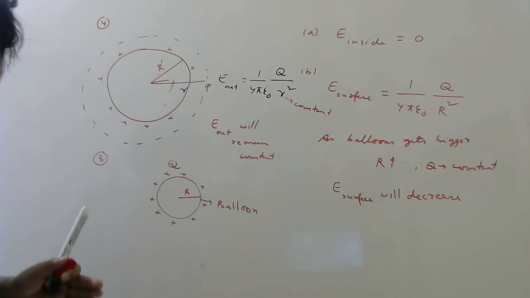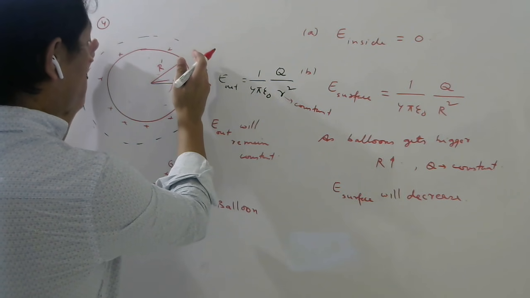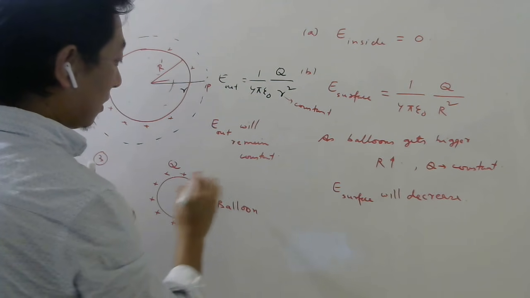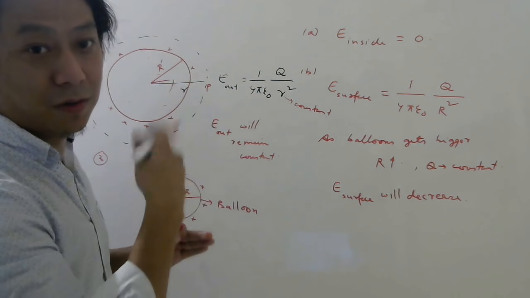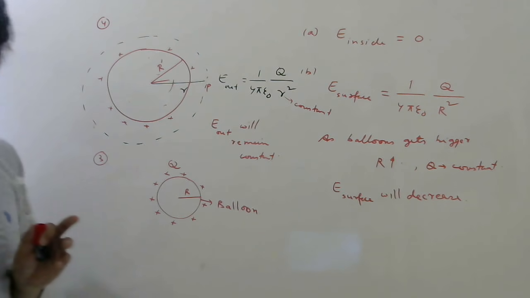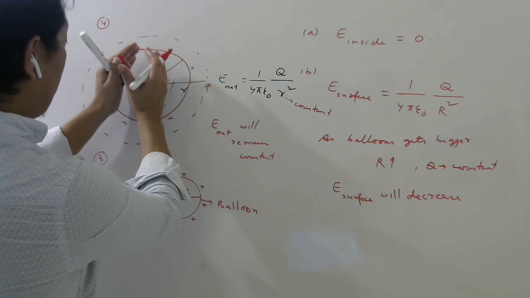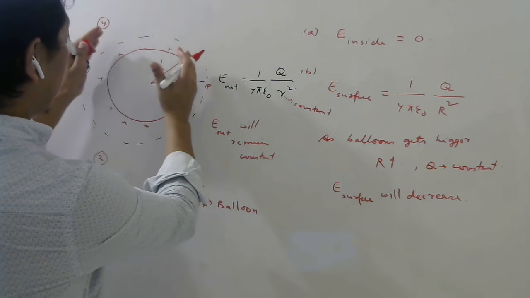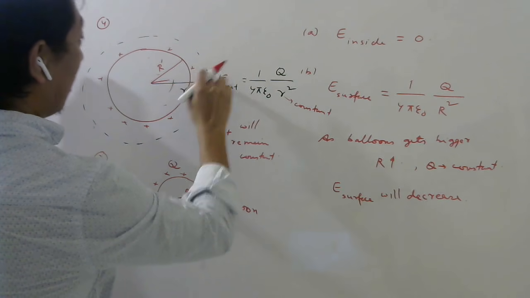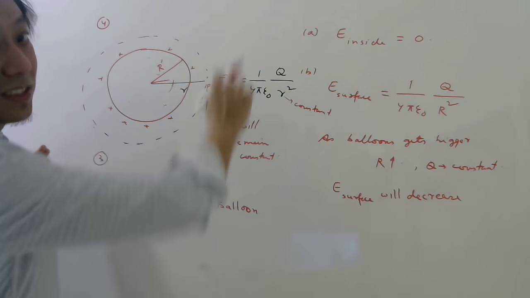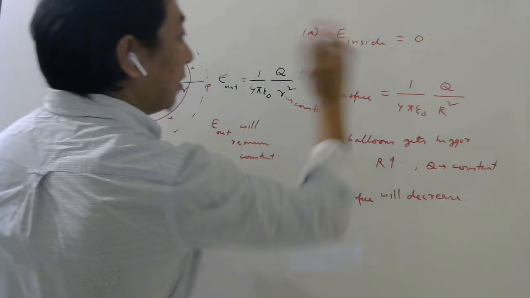Okay, for how long? Till the balloon reaches here. Once the balloon becomes this much, that point will now be where? Inside the balloon. Then the electric field will become zero. But they asked for outside, no? As the balloon keeps becoming bigger and bigger, once it crosses this point, this point will be inside the spherical charge, which is the balloon. Therefore now the electric field will become zero.